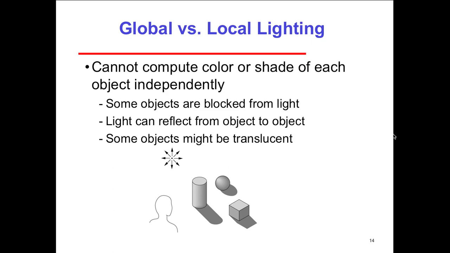You cannot compute color or shade of each object independently. It's a little time consuming. Some objects are blocked from light. Light can reflect from object to object. Some objects might be translucent, might be see-through objects, which is interesting because of what you can do in terms of